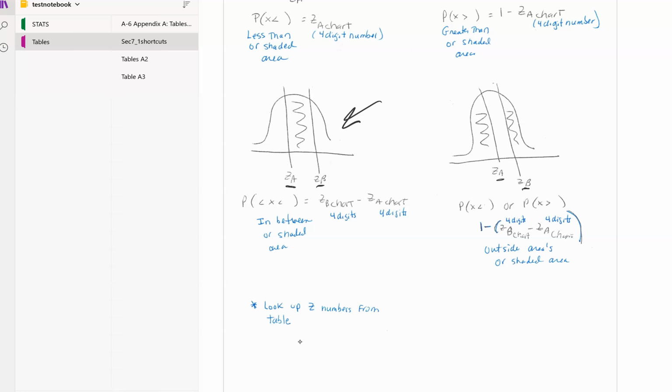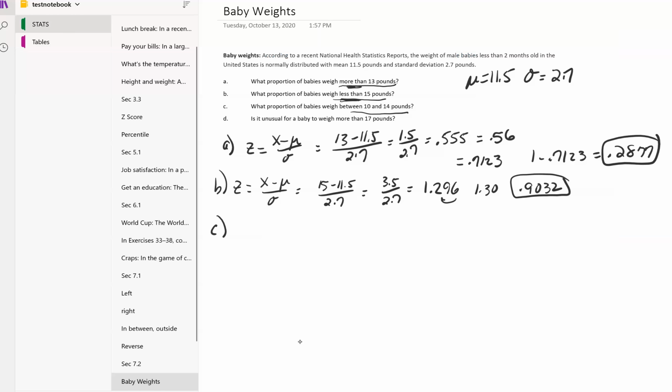So let's give that a try. So first it's 10. The formula is x minus mu over sigma. So it's going to be 10 minus 11.5 divided by 2.7. So that's a minus 1.5 divided by 2.7, which is a minus